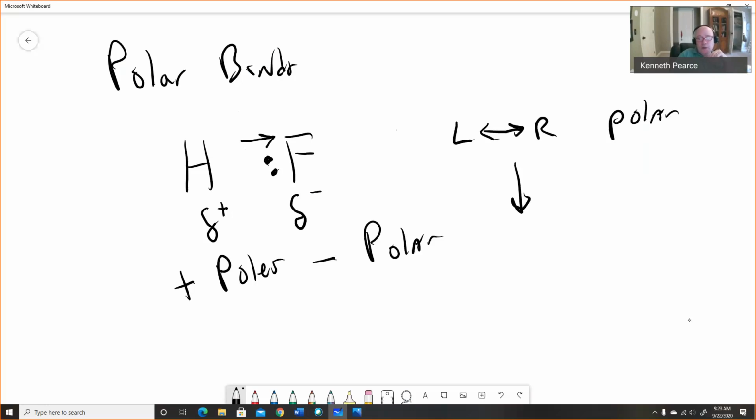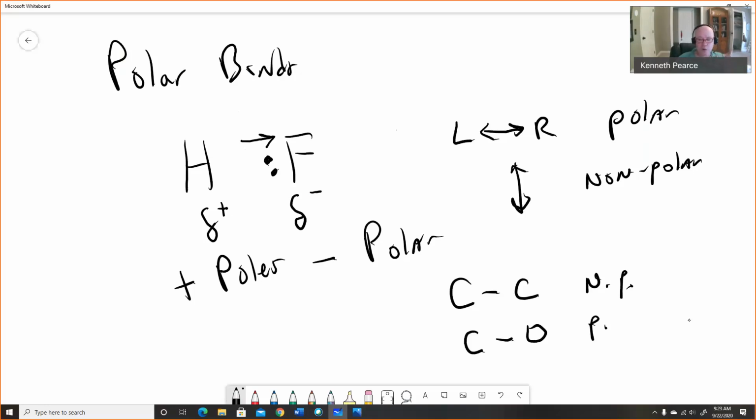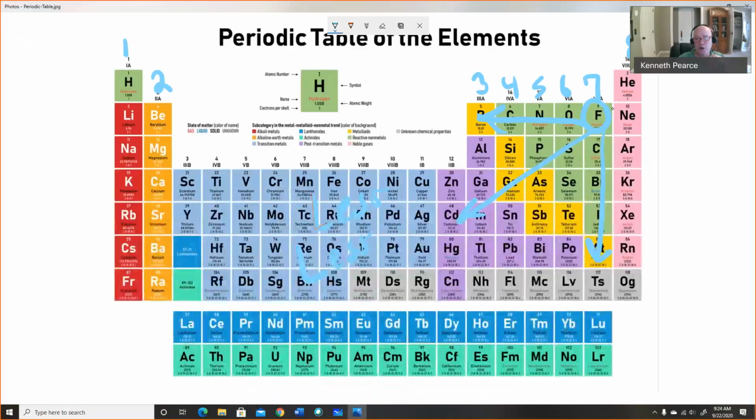And if you're up and down on the periodic table, then it's nonpolar, including being the same. So a carbon-carbon bond would be nonpolar, whereas a carbon-oxygen bond would be polar, because if carbon-carbon is the same atom, it's nonpolar. Carbon and oxygen are on two parts of the periodic table, left to right of each other. If you look over here, you'll see that it is, sure enough, left to right with each other. And so that's how we can tell if something is polar or not, generally if it's left to right